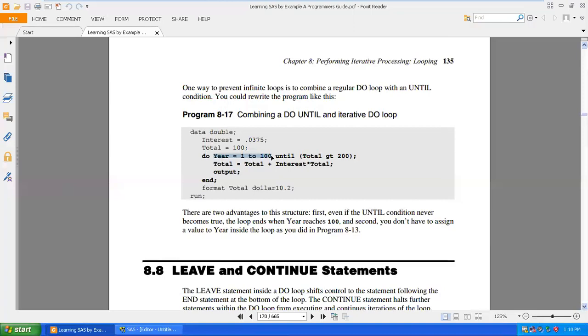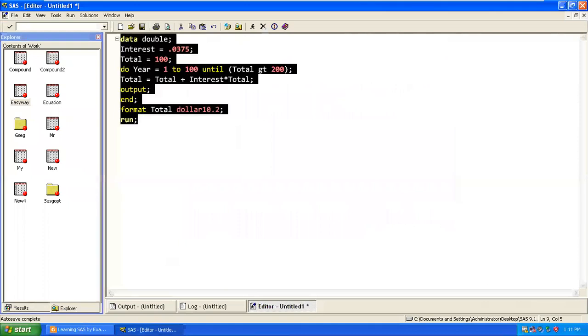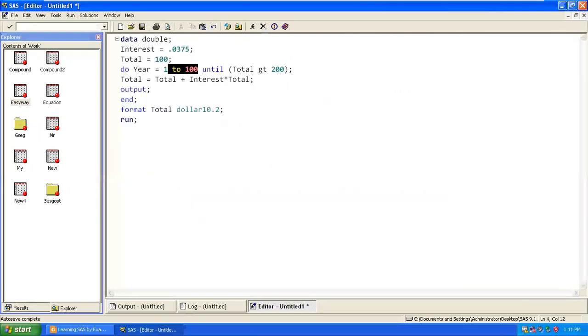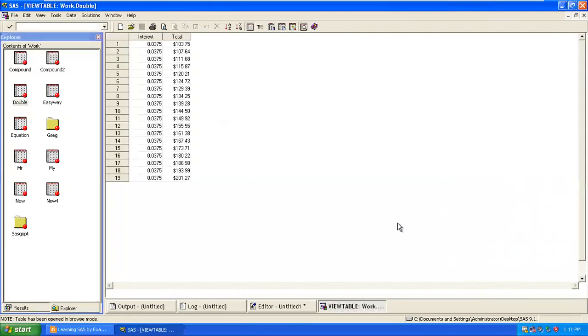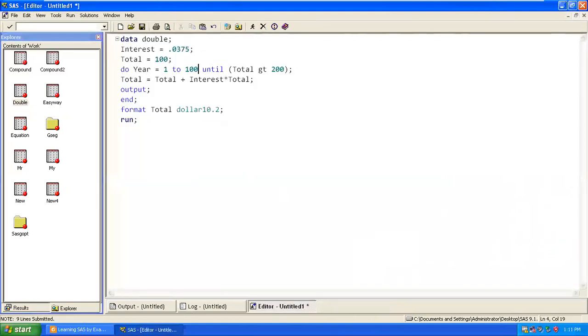So in this case, always try to use a control. With the help of this, what will happen? My loop, even though it's going to be infinite, I can stop it somewhere else. So let's see this. If I do not use this break, you are getting so many observations for double, but if I want it for only 100 positions or 10 positions, I can stop it at the particular position.